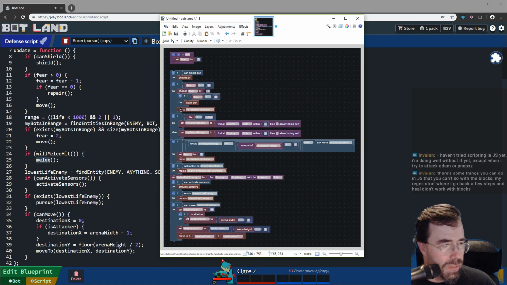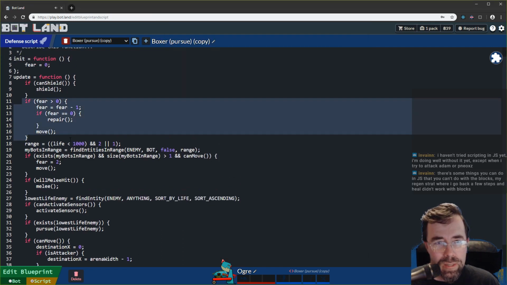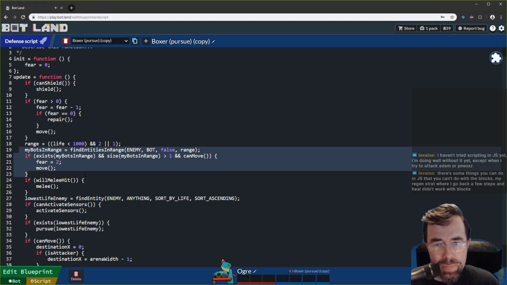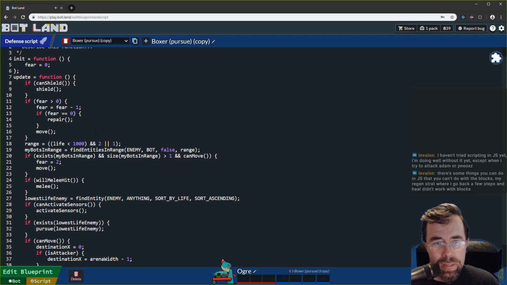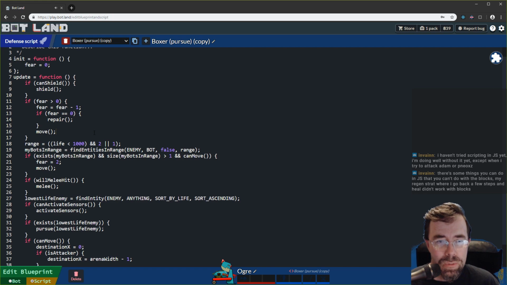There's some things you can do in JavaScript that you can't do with the blocks. Your regen strat, where you go back a few steps and heal, didn't work with blocks. Yeah, that's one reason that I wanted to get into the JavaScript too, because I had this logic down here to try to run away. This is my bombardment, so it's supposed to be ranged. I wanted it so if the enemies get too close, go into fear mode, and in fear mode, try to run away. But the best I could do, really, without a whole lot of complicated logic, was to just do move, which